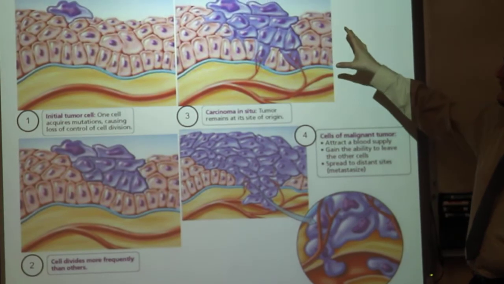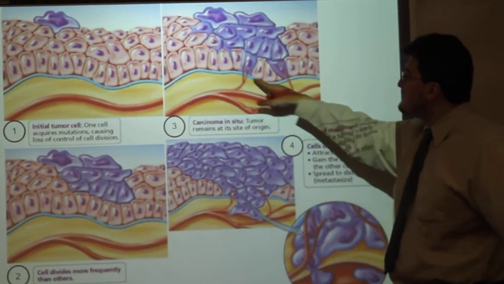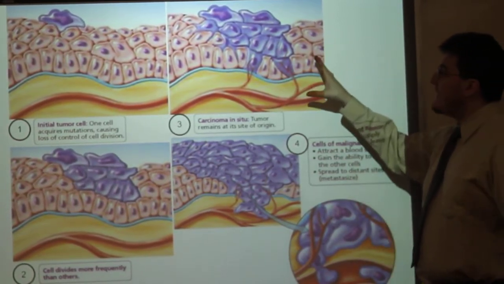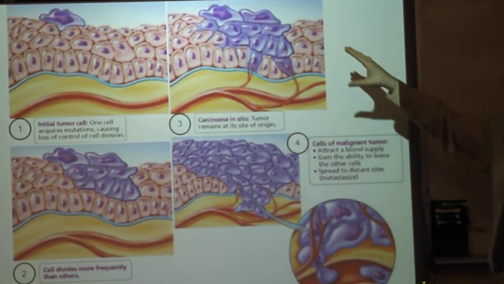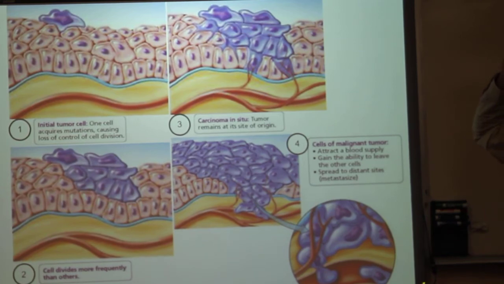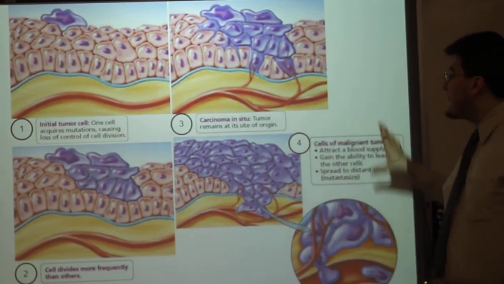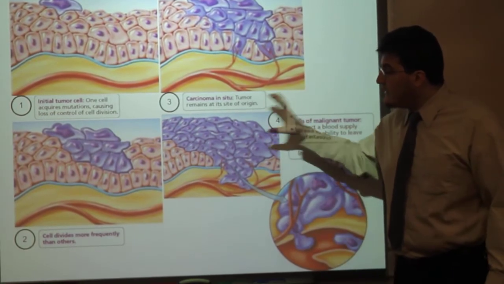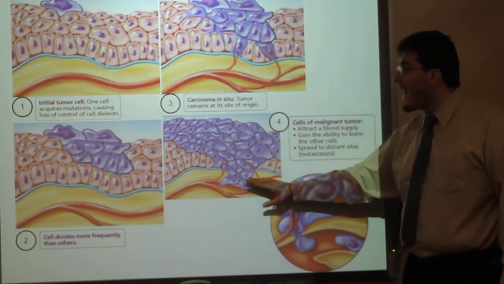A carcinoma in situ stays where it was born, and it does not cross this basal lamina right here. The problem can begin when this cell starts secreting hormones and cytokines and other stuff that can cause downstream effects in the entire body, or when the cell becomes malignant. Now, cells of a malignant tumor, we have an invasive carcinoma, where the cell has invaded past the basement